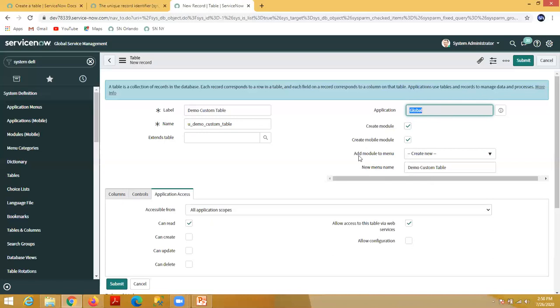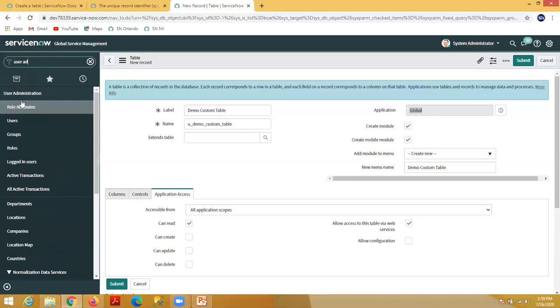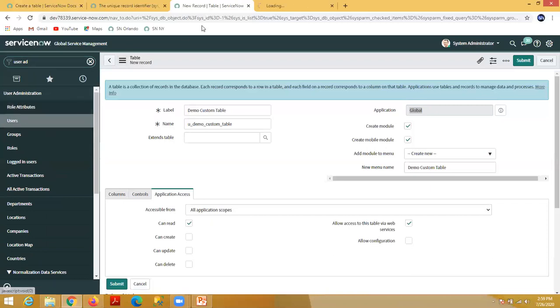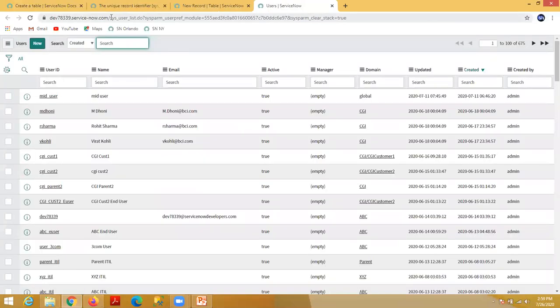To access the table, you need a module first of all. Let's say I am opening User Administration. This is nothing but user modules. If you click on this user module, it will open the sys_user table.